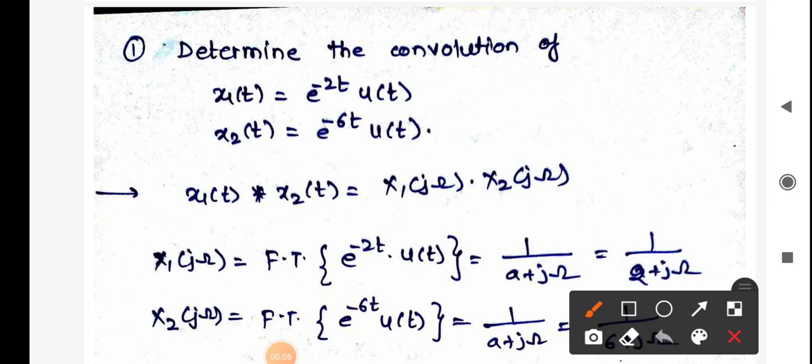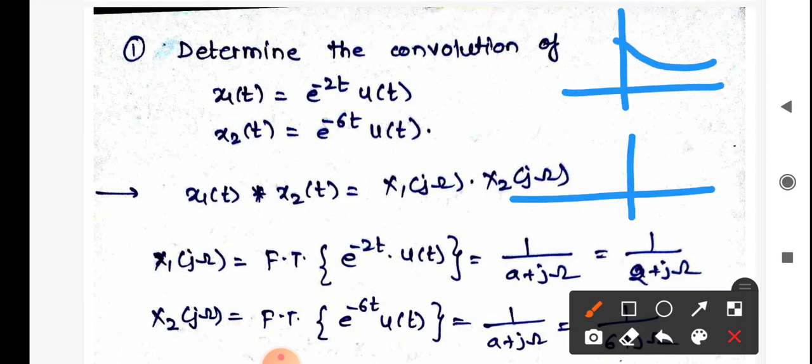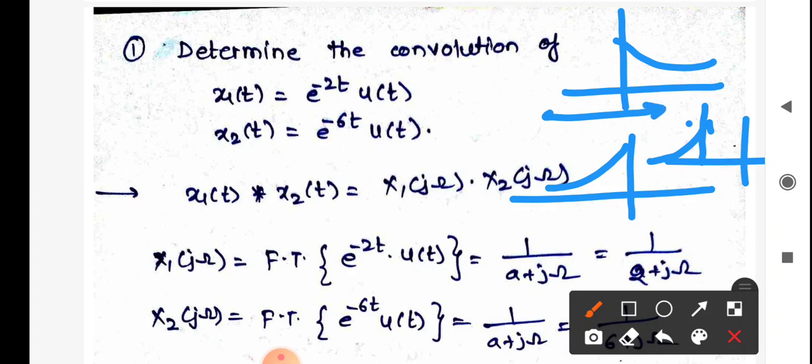Now, here we come up with one of the problems that can be solved with convolution. We have already solved such kinds of problems using the convolution integral and graphical convolution also. In graphical convolution, it was a truly lengthy procedure to keep one of the signals as it is, then fold the other signal, then shift that folded signal, and then roll the folded signal over the other one, see the area of overlap, finally obtain the limits, then evaluate that integral. So that was a very tedious procedure. If you could remember, you could revise that particular thing there.